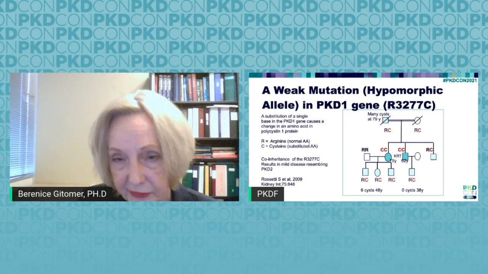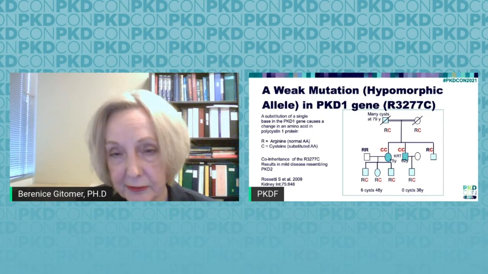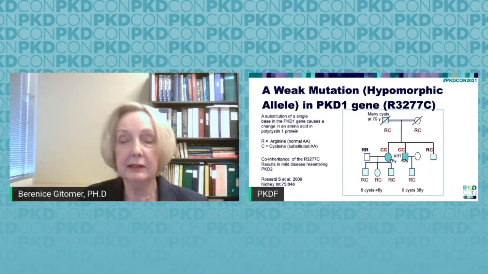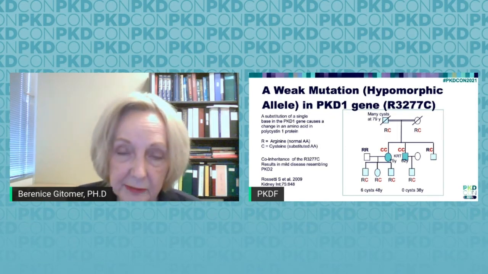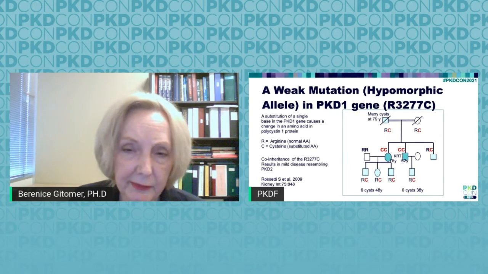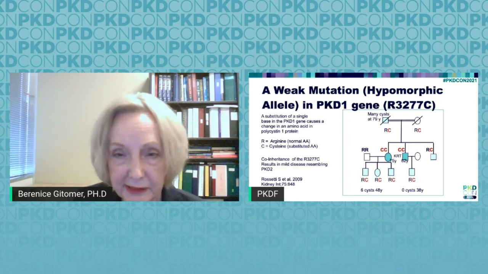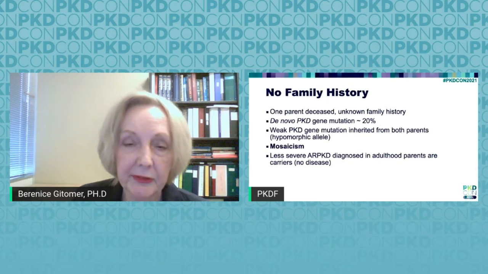However, 2 of those children, indicated by the filled blue boxes, both inherited from both parents the copy of the alternate form of the gene, the CC form, and they did go on to develop loss of kidney function, but it occurred later in life, so it's a mild effect. And you can see from the last generation that it's very similar to ADPKD2 in the sense that it's associated with mild disease. Next slide, please. So what is mosaicism?